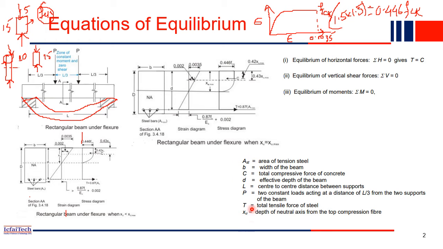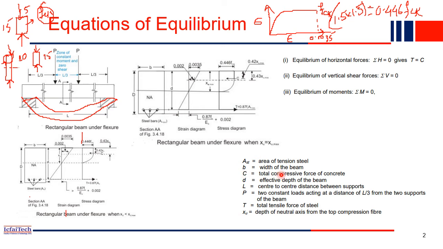And these are a few short forms you have to understand, because from next time onwards we won't use the long form, we'll use the short form. Whenever you see Ast written, this is the area of tension steel. A means area, suffix S means steel, and T means in tension. Steel is used either on the tension side or on the compression side also. In a doubly reinforced section, we will use steel on the compression side. That steel we call compression steel, whereas this steel we call tension steel. The area of the entire tension steel is Ast.